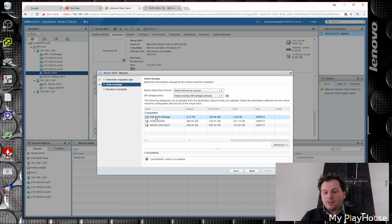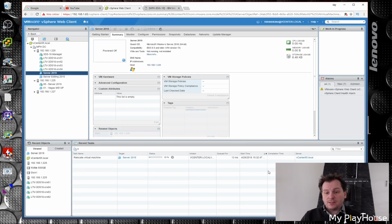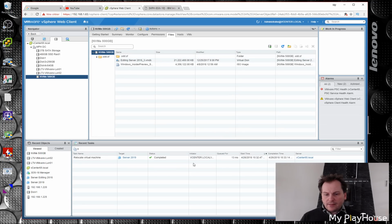We're gonna put it on this slower storage. We're gonna make sure that it's thin provisioning. I always just do that. I'm a cheapskate. So next, and it will be moving that server from the NVMe drive and over to that. Okay, it copied that. That didn't really take long. Now we have this